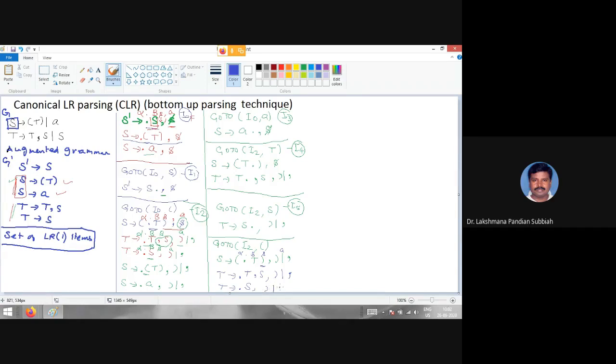Put comma, right? Now after that we are having yes, so you have to expand that yes also. Yes derives open bracket T close bracket, yes derives A. Now you put dot in front, and now we are going to find out the lookahead. Now for yes, this beta is empty. So the lookahead here also is close bracket and comma, close bracket and comma, right? Now this is another state, I6.